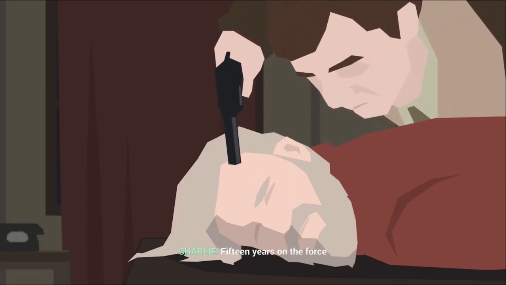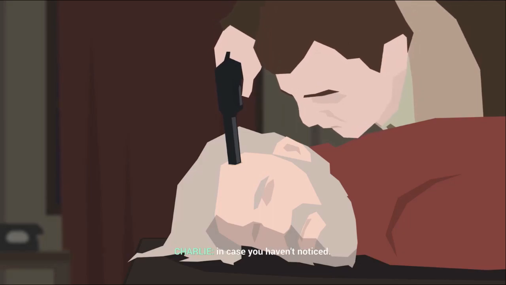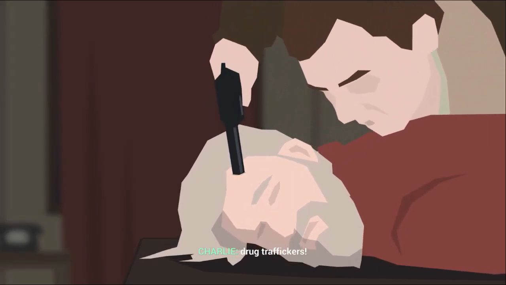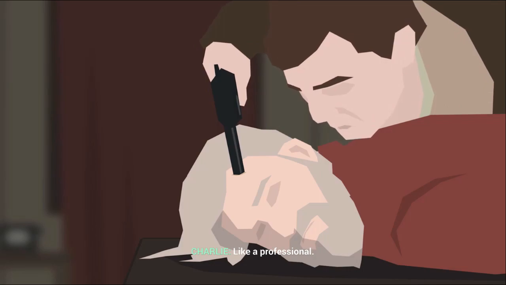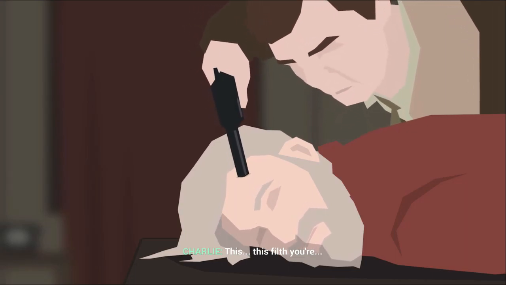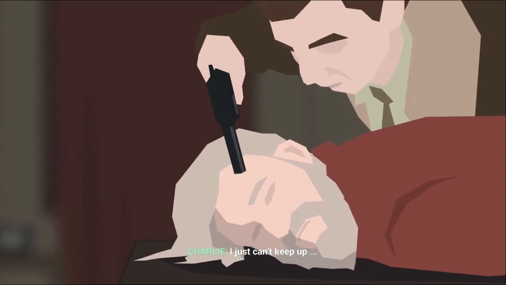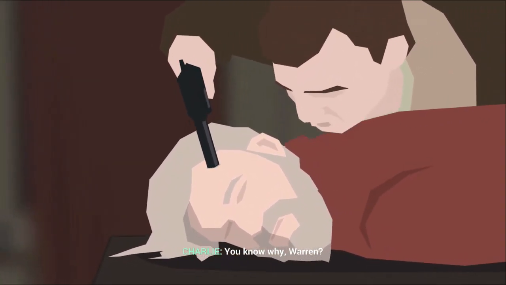I'll tell you something, Warren Nash. 15 years on the force. I've seen all sorts of dirty shit. This town isn't exactly upscale, in case you haven't noticed. I've caught thieves, caught rapists, murderers, and drug traffickers. All part of the job, you know? I'm doing my job. Nice and easy, like a professional. But here you are. This filth. You don't make it easy to be easy. Filth like you drives me up the wall. With scum like you, I just can't keep up the cold-blooded professional attitude. I just can't. You know why, Warren? Because...